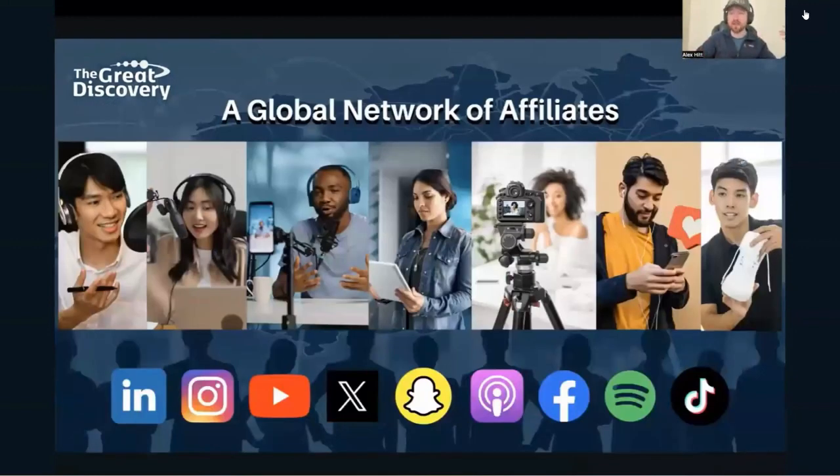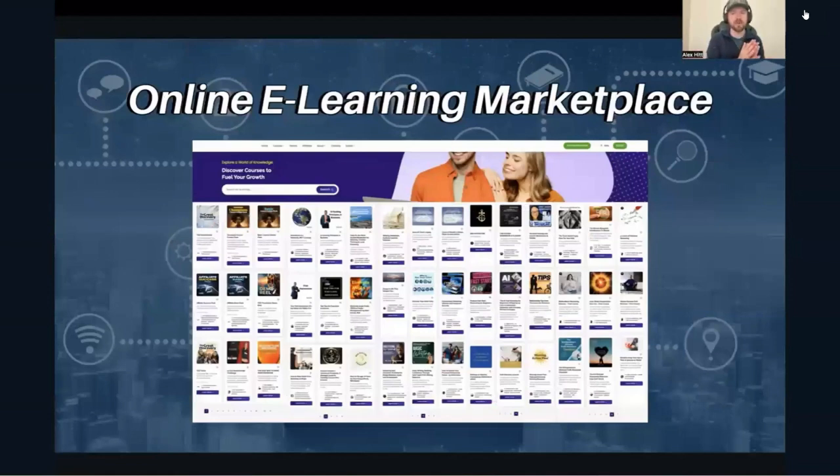And these are affiliates on every social media platform from LinkedIn to Instagram to YouTube to X to Snapchat to podcasts, Facebook, Spotify, TikTok, and thousands of other platforms. So if you don't post there, we have affiliates currently who will go out there and promote your products on those platforms for you. And like I said, they're able to accomplish this through a revolutionary new e-learning marketplace